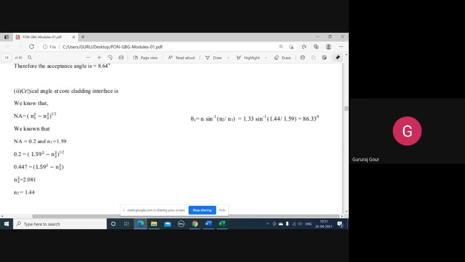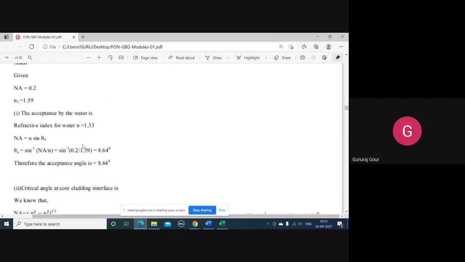After that, we actually need to find out the critical angle. Now to find out the critical angle, we need to know the refractive indices of both the core and cladding. Only cladding is given, the core we will get by using the relationship between Na and the refractive indices. That's all. So you have to be careful in dealing with these problems. Problems are very simple. The only thing to remember is you should know exactly which formula you have to use depending on the problem or situation, and you should know the formula correctly. And second thing, the calculation part, that is very important.